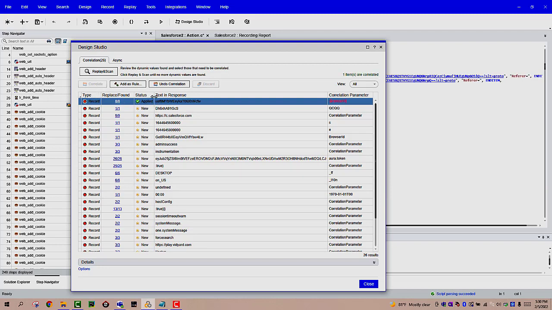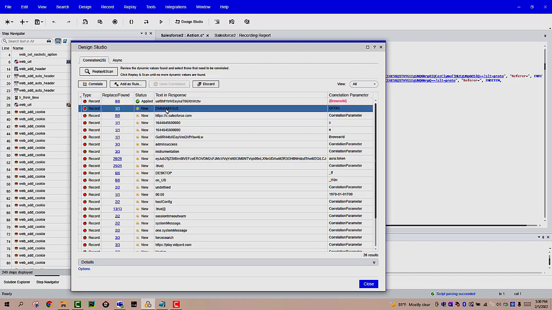And that's going to apply a process to pick up that data and populate it using this particular variable name. You'll see an example of that in the script. Okay, and that next one, I'm going to do the same thing to that. Click on correlate,